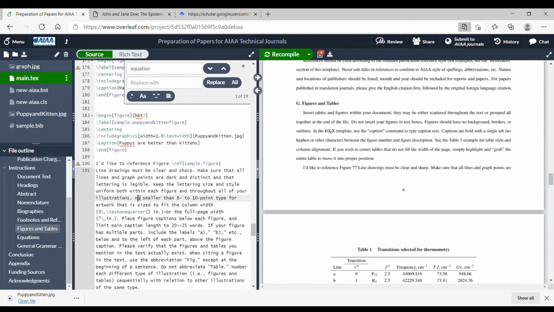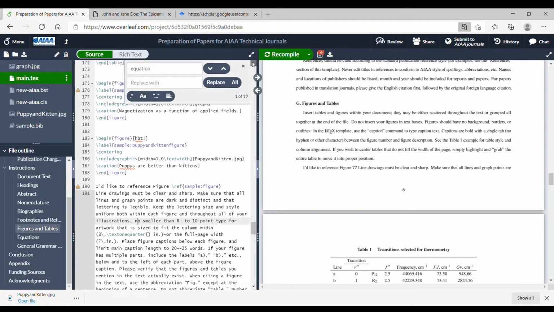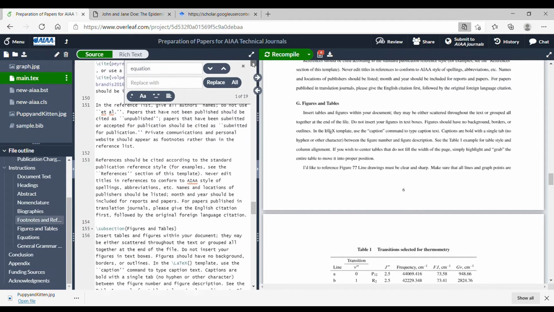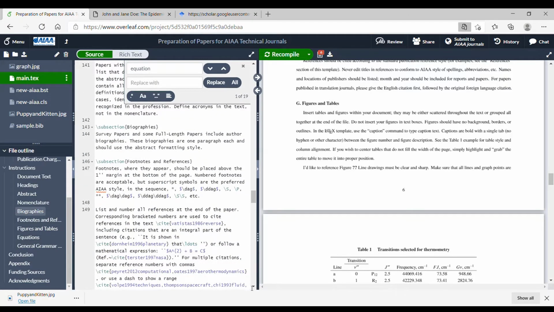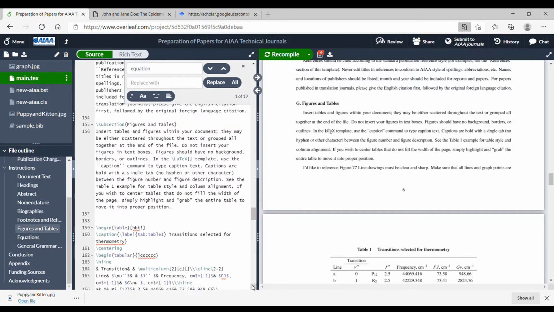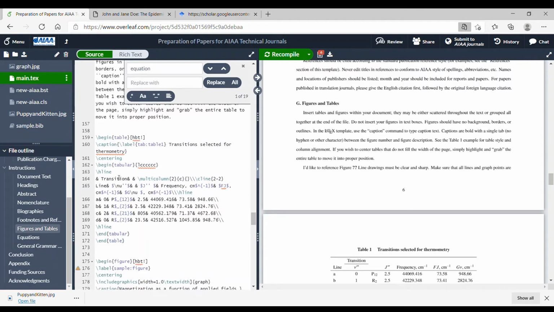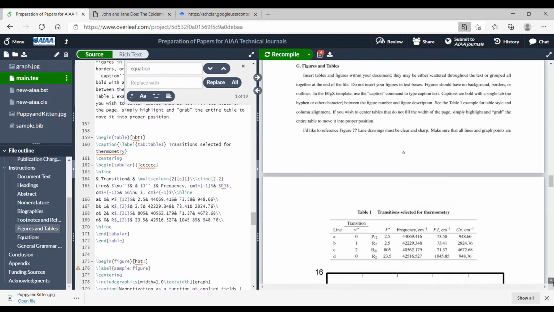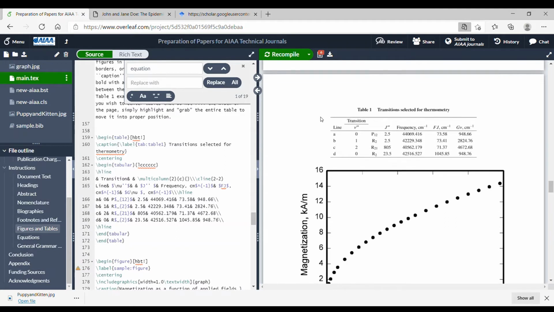Let's move on now to tables, and these are probably the hardest thing about LaTeX. So here's an example of a table, and I'll get that table here on the PDF side. So again, we just begin our table and say either put it here at the bottom or the top of this page if you can, and then we have a caption for this table,